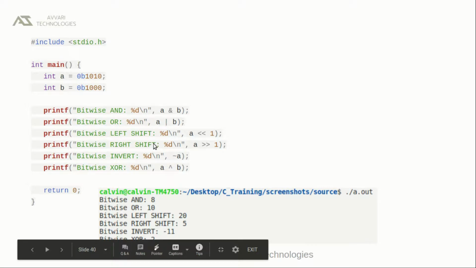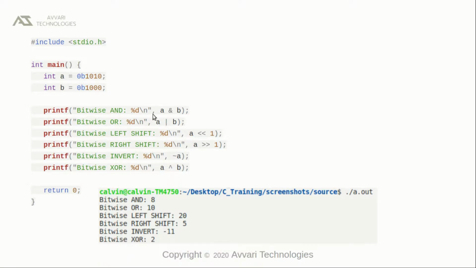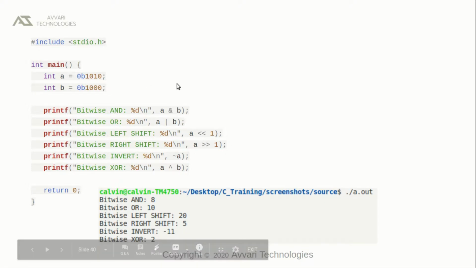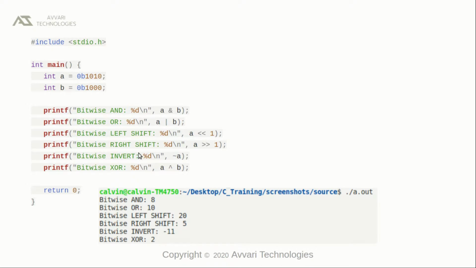Bitwise left shift. We are left shifting the value of A towards the left side by one position. So the value becomes 20. The binary value of A becomes 10100. That is equivalent to 20 in decimal. The same thing follows for right shift, except the values are shifted towards the right. We are dividing the value by 2 if we move one place towards the right, whereas in the case of left shift, we are multiplying the value by 2 if we shift one bit towards the left.